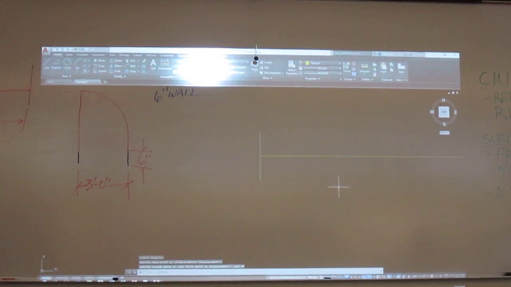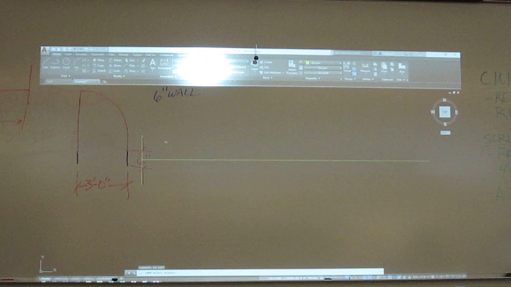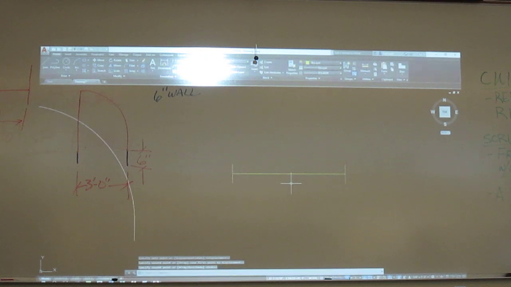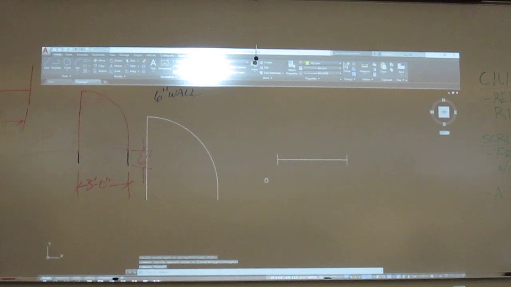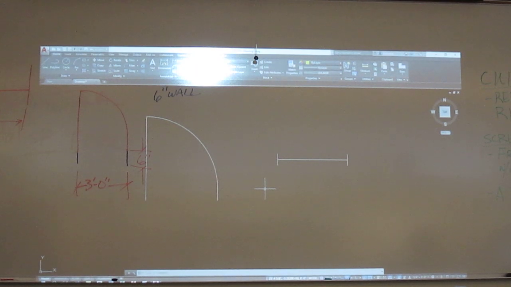Nope, no dimensions, just the geometry. Okay, I don't see many people still drawing. Has everybody got these two shapes?